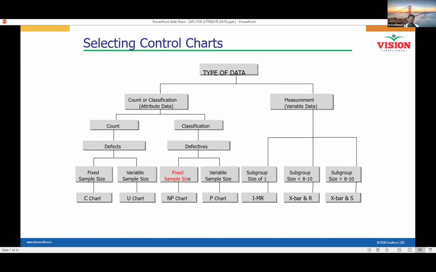So you have to be very clear about the subgroup size. That is the sample size which you are collecting at a time. That is called the subgroup or the sample size. So based on the subgroup size, we are choosing the type of control chart to be used. Suppose the sample or the subgroup is just one batch, then it is going to be an individual moving range chart. This is specifically for data when the data is continuous or